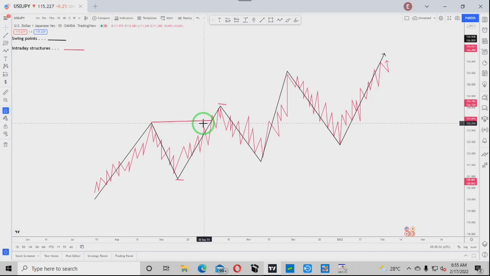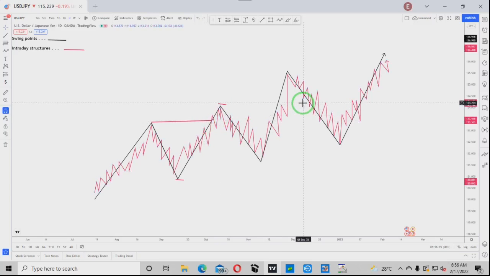Now, for me personally, the higher time frames that determine my directional bias are the weekly, daily, and the H4. These are the three higher time frames that help me to determine my directional bias. Yours could be daily, H4, and H1. It could be, but whatever the case, you have to understand what goes on the higher time frame, because what goes on the higher time frame will certainly affect the price action on the lower time frame. I want you to understand that very well.